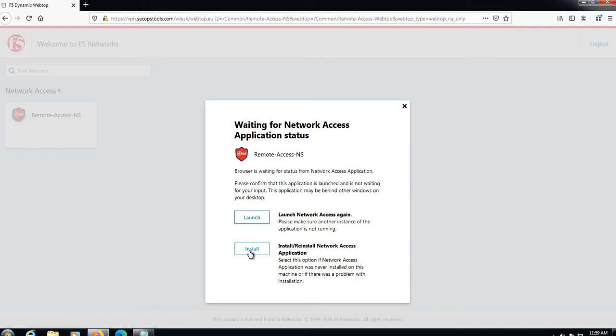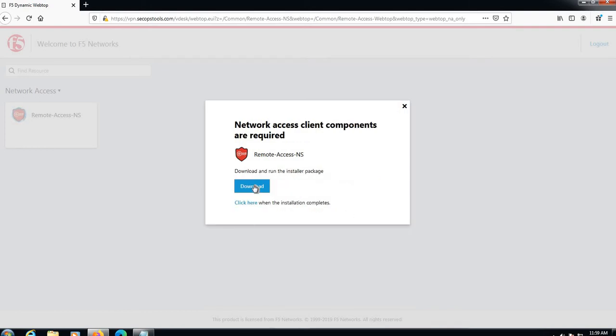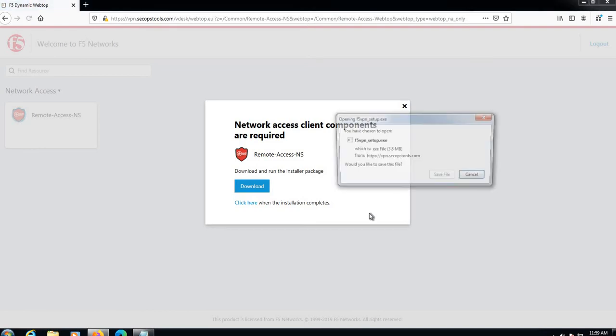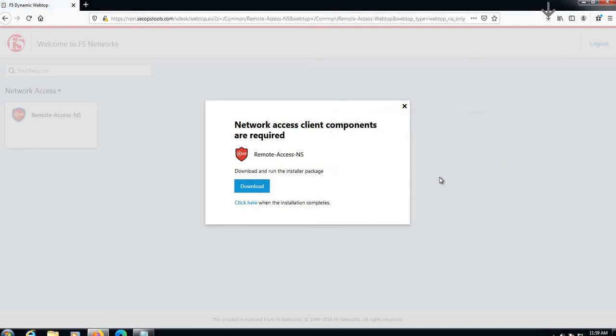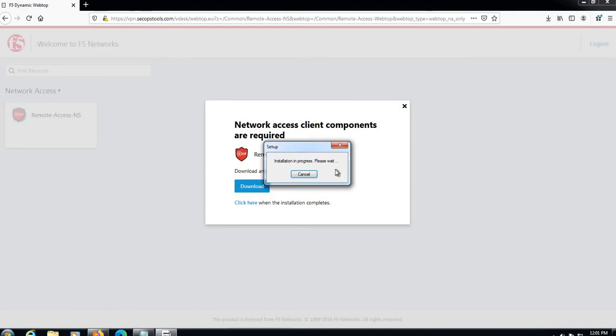We'll install our VPN client. We need to download it from our F5. It is already there in our F5 as internal software. I'll pause it till I download and install, because the first time it is time consuming. But when you access the second time it is pretty faster because the client is already there. We have downloaded the file, so let's install it now. I'll pause it here because it will take some time.